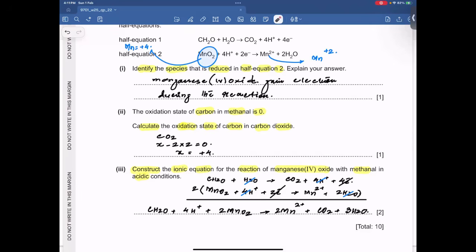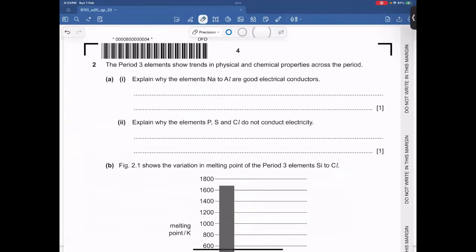Let me start question number 2. This question belongs to period 3 elements. Period 3 elements show trends in physical and chemical properties across the period. Explain why elements sodium to aluminum are good electrical conductors. Well, sodium to aluminum, these elements